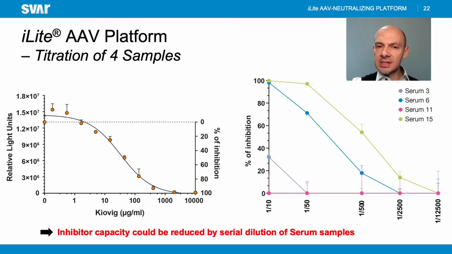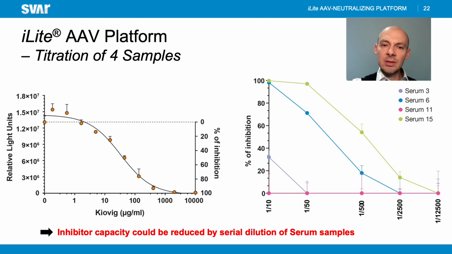The green sample was the sample with the maximum inhibition. It stays maximum with a 1 to 50 dilution, and the inhibition goes down at 1 to 2500, but it's still visible. In blue, the inhibition stays up until 1 to 500. In violet, which was the low inhibition, it falls to 0 inhibition already at 1 to 50 dilutions. And in pink, the minimum inhibition stays at no inhibition, as one would expect.